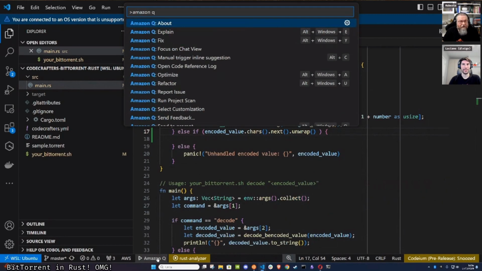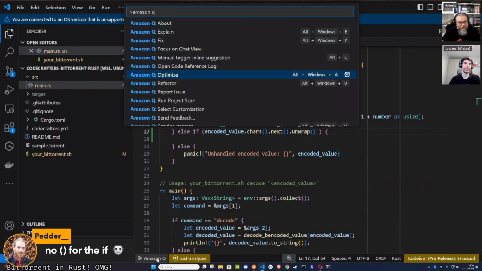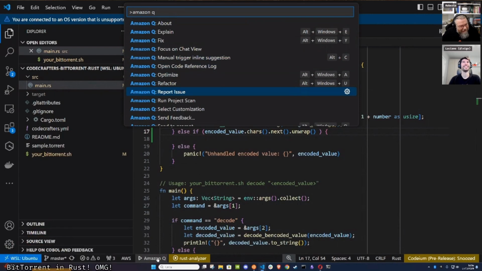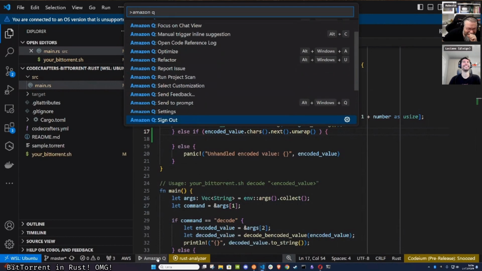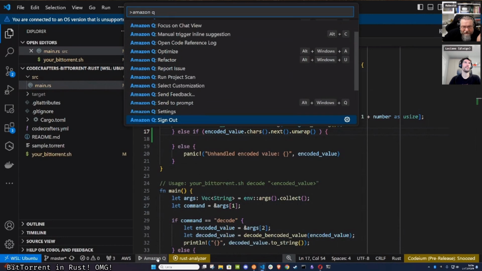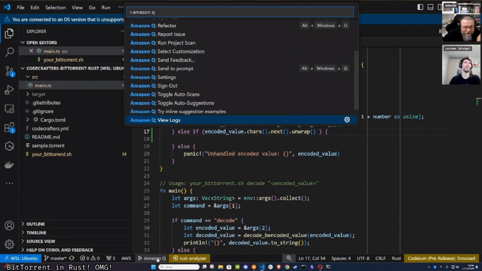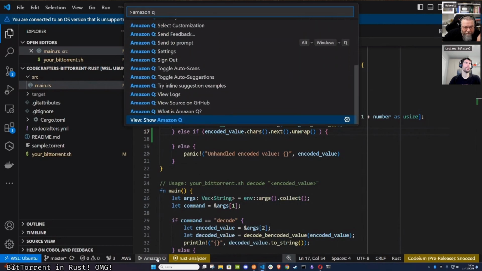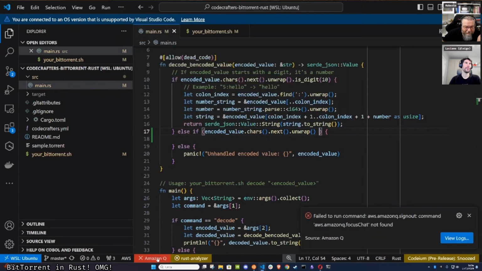Yeah, and Pedder is suggesting not to use the parentheses for the if statement. Good suggestion, sorry. I did a lot of C recently, and it's a mess because you have to do that in C. When I wrote C, I write without parentheses, and now I'm putting them everywhere. Oh God, you can't snooze Amazon Q. Probably if you sign out, it's just going to stop. Ah, okay, I hope so. A bit hardcore, but yeah,